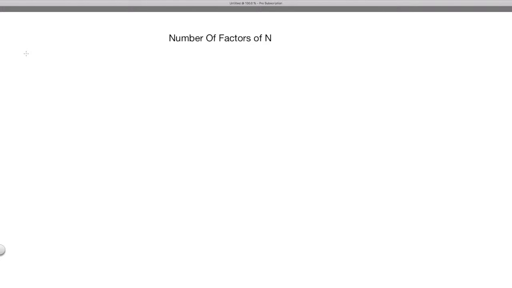In this lesson, we're going to talk about how to find the number of factors of a general positive integer n. The starting point of such a problem is the prime factorization, even though we don't exactly know how to use it yet. So for prime factorization, we know the form of n can be written as p1 to the power a1, p2 to the power a2, pk to the power ak,